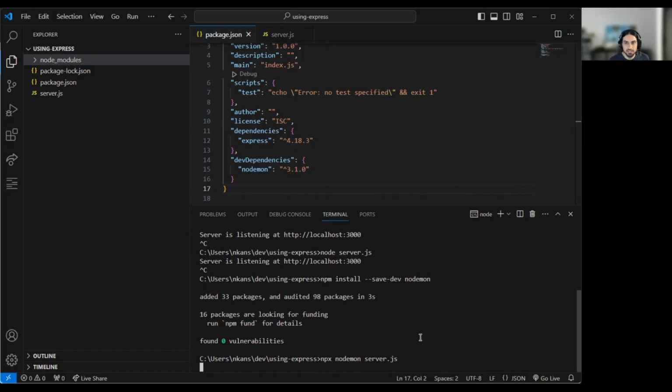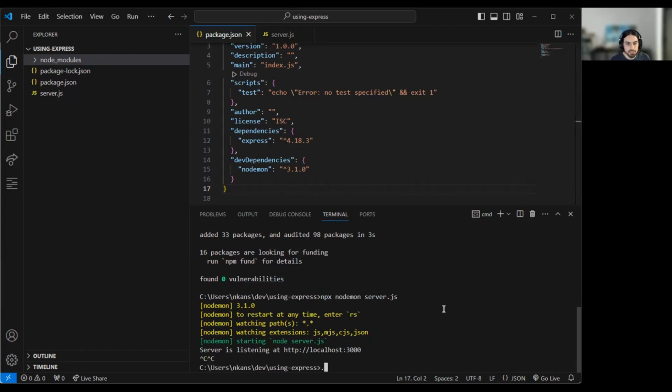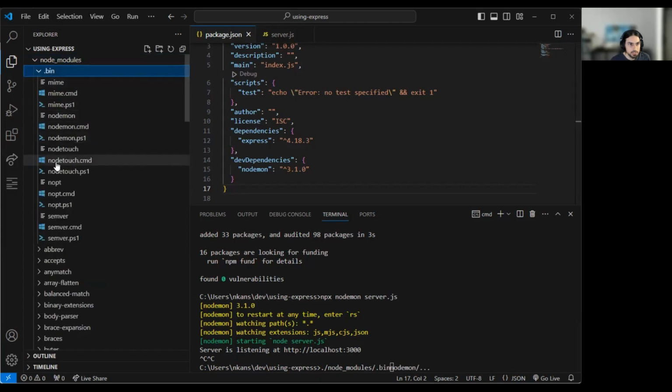Now, why did I use npx? You might be asking. npx is a way for me to not have to type /node_modules/nodemon/whatever the command for nodemon is. I don't want to be typing the relative path. It's probably under bin or something. Let's look. Node modules .bin. You see here the .bin? There's a nodemon command here. So if I want to run it,